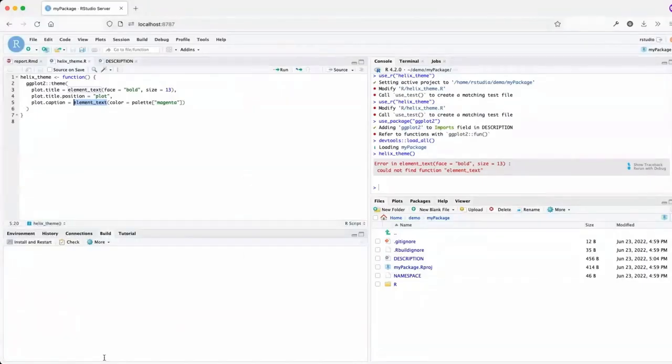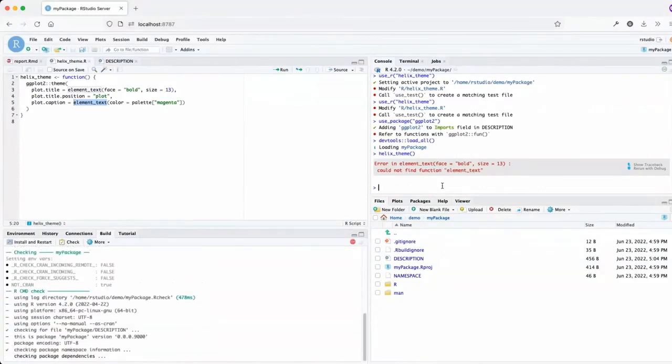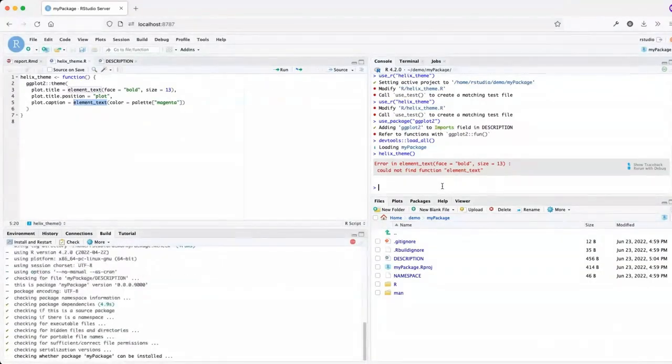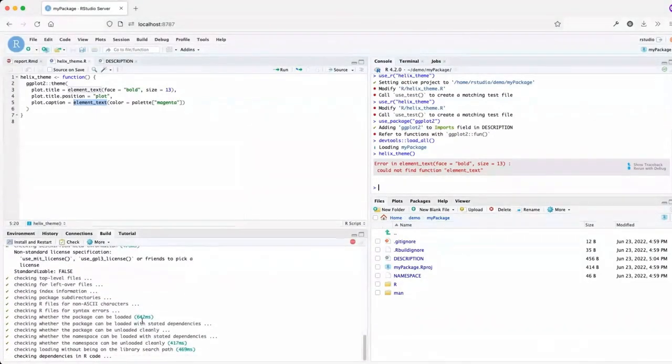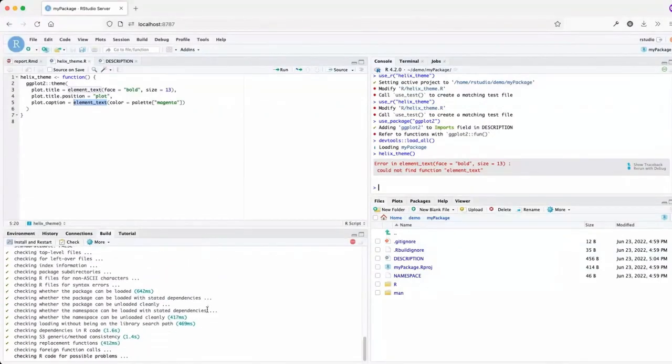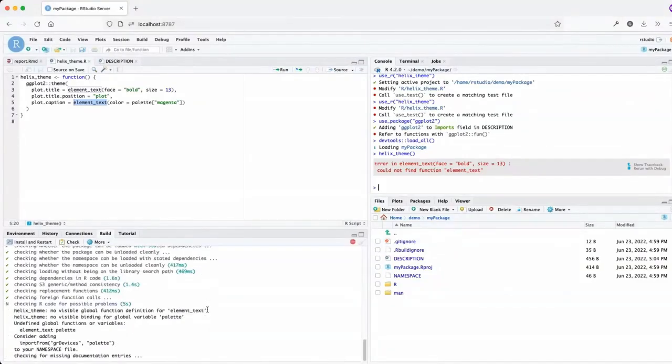The other way is that there is another tab available to you if you're working on developing a package called the build tab, and there's a check button here. It's equivalent to saying DevTools check, but you can also click this button and have it run in the background. This will do some basic checks similar to what CRAN does for incoming packages, just to make sure everything is in order and defined in the right place. It'll flag problematic things. Here it's telling me something about the license, which is fine. At some point, it's going to tell me there's a problem with element text.